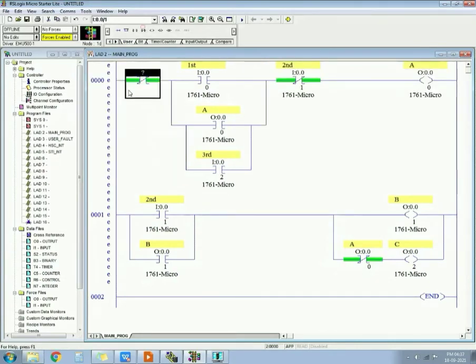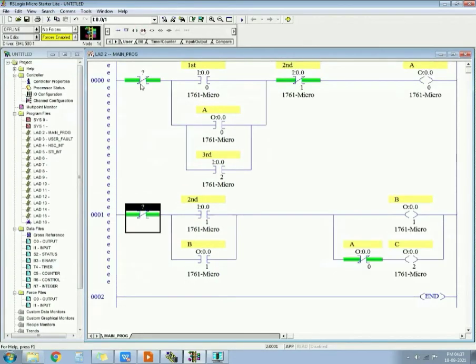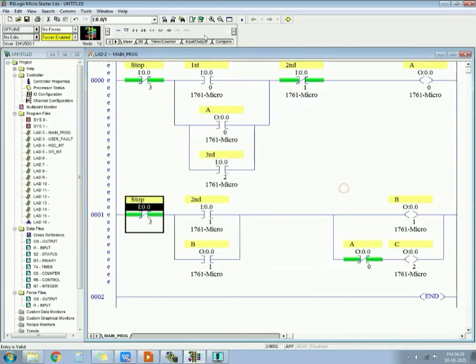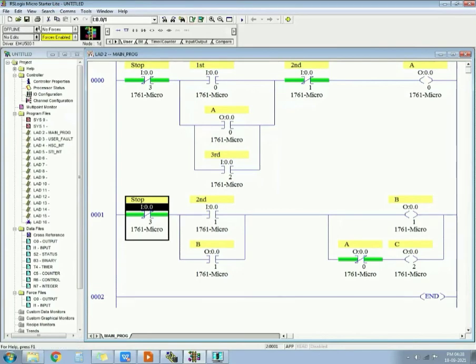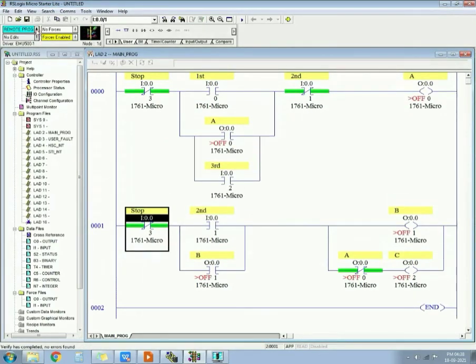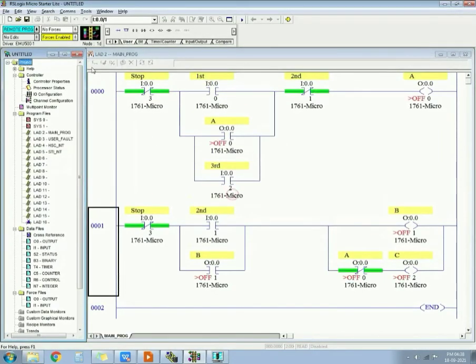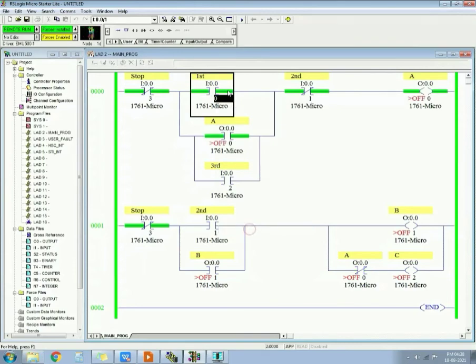Okay, and I can also put in a stop for this question. When the stop push button is pressed, all outputs get off. So you can check the solution now. Yes, now when you press this, E gets on.